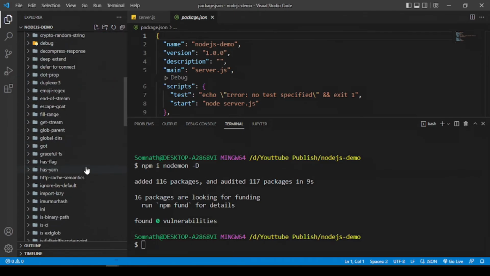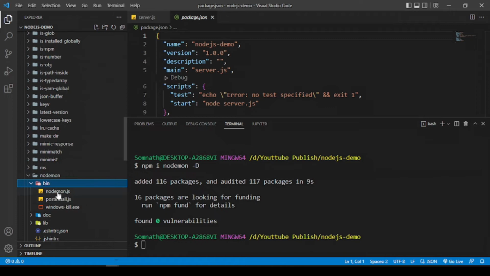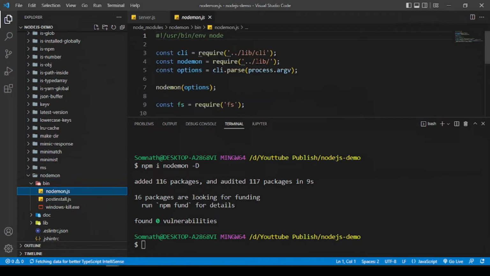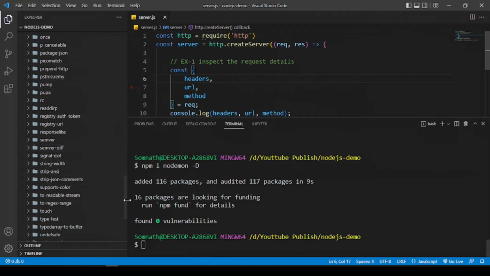Okay, so here you'll find this nodemon somewhere. Yeah, you see this nodemon over here. You go to bin, you have this nodemon.js file. So this is the file which we'll be using to run our code. So now to start that, what you can do,